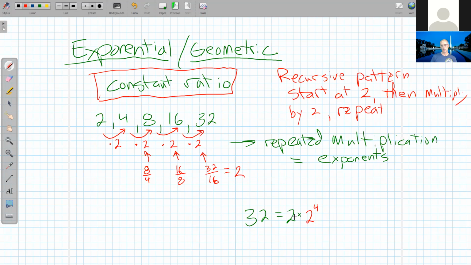So to get 32, I started at 2, and then I multiplied by 2 4 times to get 32. So you could whip out your calculator, double check that's the truth. To get 16, I started at 2 and multiplied by 2 3 times. Now, we're lucky in this case